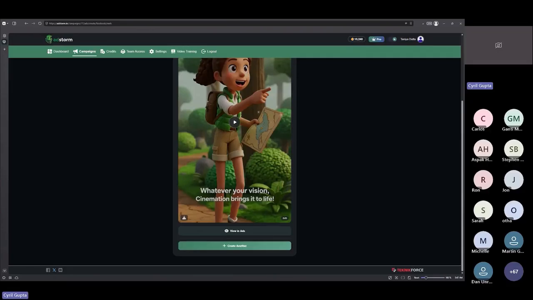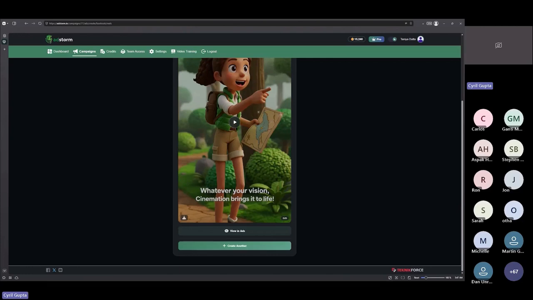It removes the limits. Richard says, is Adstorm a good fit for agencies focusing on lead generation? Absolutely, Richard. Why not? Imagine if you are already creating ads for lead generation, you can create these ads using Adstorm. You can save a lot of time and you can show a lot more proposals to your clients. Now, imagine what you were doing earlier. You were going to your client with a written ad angle. Here are 5 different angles. You can select, take a look at the 5 different headlines. So that would be text, right? And people would need to kind of imagine how the final ad would look.